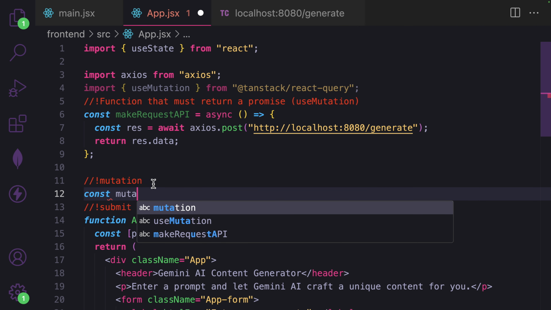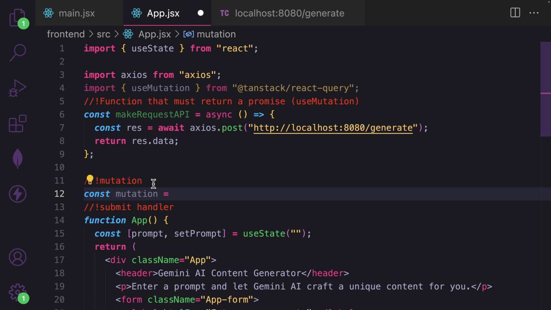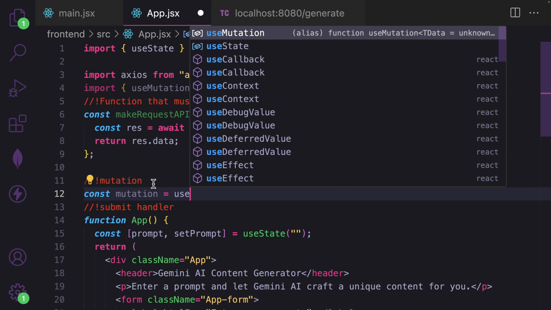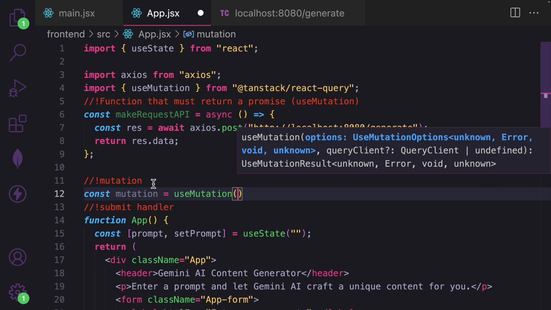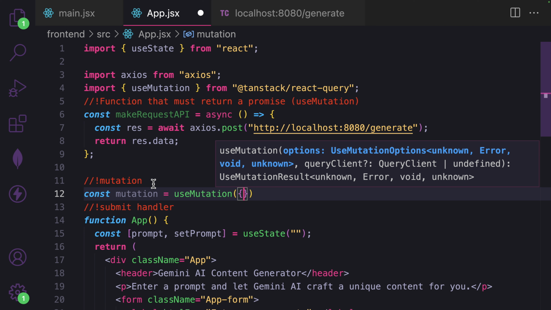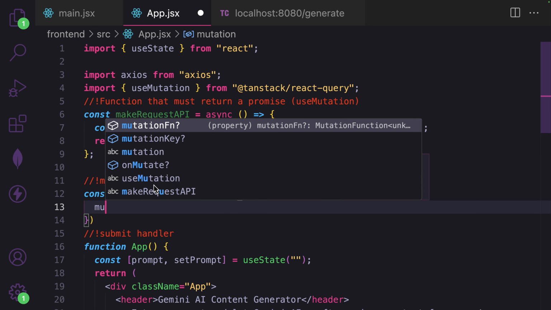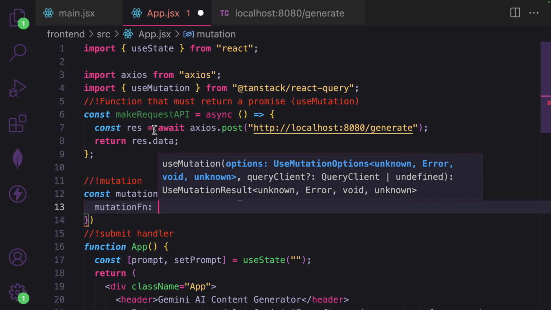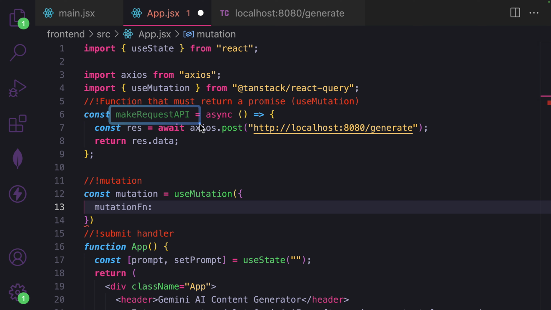You can assign to any variable of your choice by using useMutation, a function call, and then the object. I'm going to specify these properties as mutationFn, and the function is this one. Remember, the function for the useMutation must return a promise as we have done here. And then here as the request function,